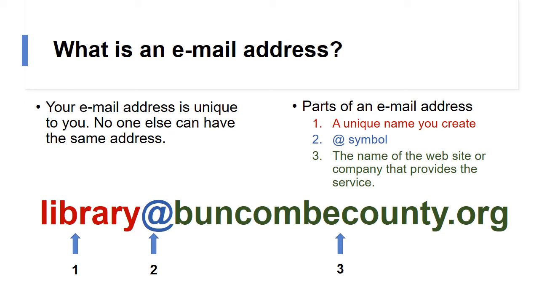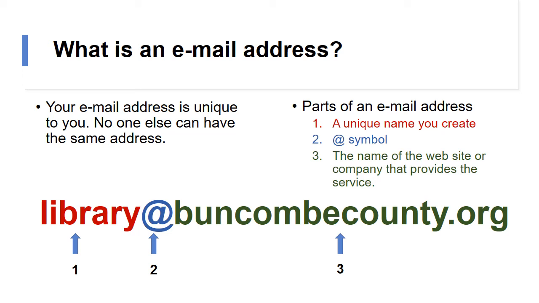For the example I have here, this is the email address that you can use to send a question to the library. So that first part that I have in red, that's a unique name that you create. And then following that, part 2 in blue is the @ symbol. If you look on your computer keyboard, the @ symbol is the alternate symbol that you can type on the key that has number 2 on it. And then the third part, which here I have in green, is the name of the website or the company that provides the service. So in this instance, buncombecounty.org is the site that is providing that email service, which is why we're able to have